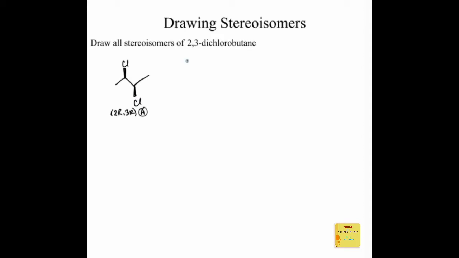We could draw it as a line drawing, or we could draw it as a Fischer projection. Again, I'm just going to draw the Fischer projection, and you could confirm that on your own later and try it. One chlorine is going to be on the left. The other is going to be on the right. This would still be A. And what would be another stereoisomer that we could draw? How about the enantiomer of A? We could draw the mirror image of A, either as the Fischer projection,